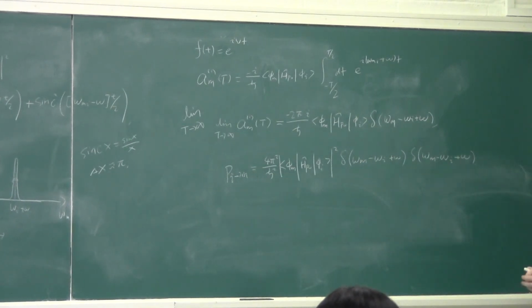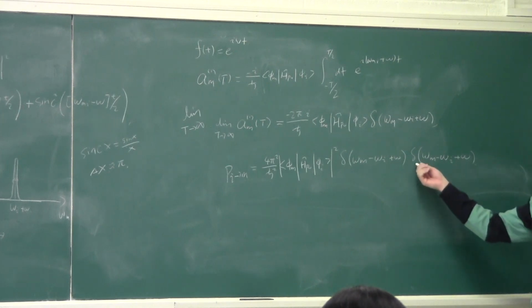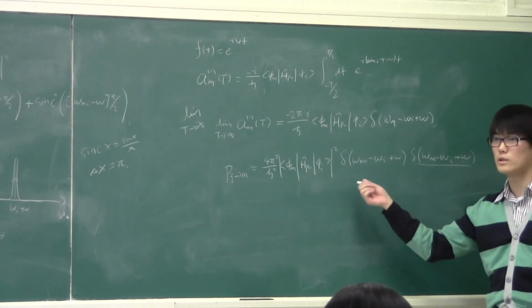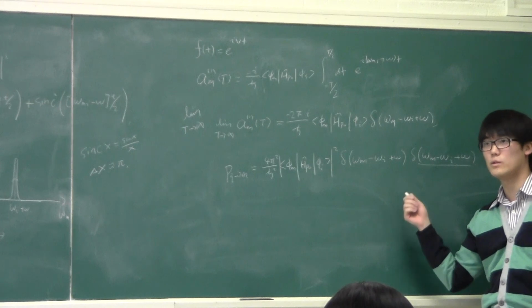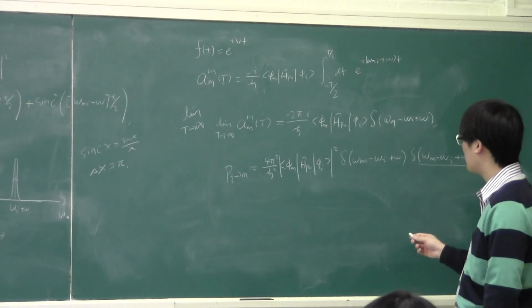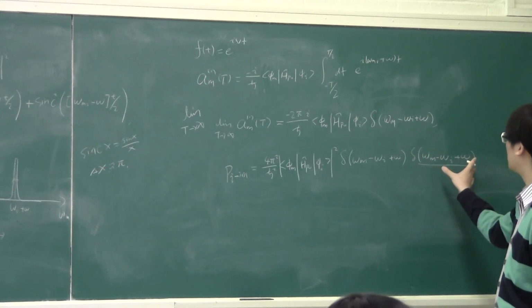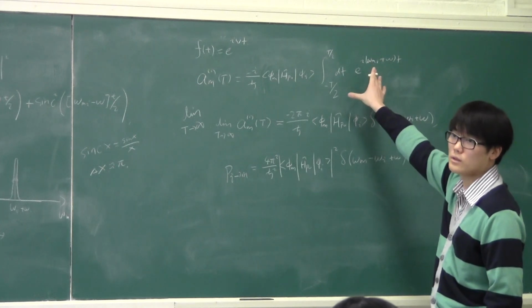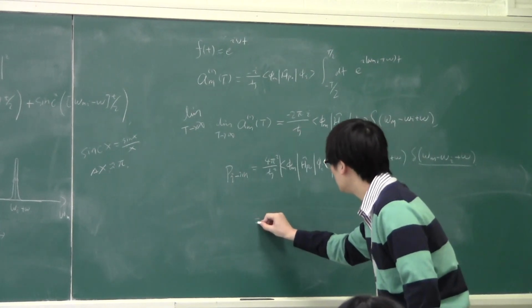So how do we make sense of this? Well, we could change this. We'll change the product of the delta functions into something else. Let's expand one of the delta functions back into here. So this is saying